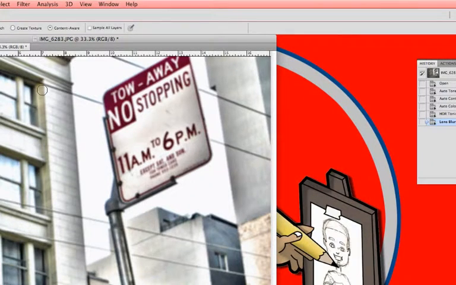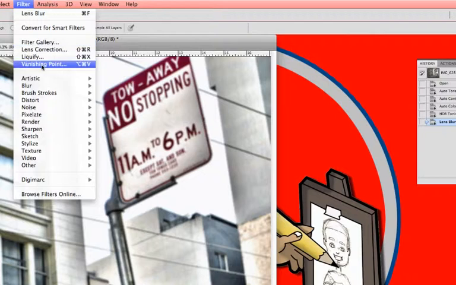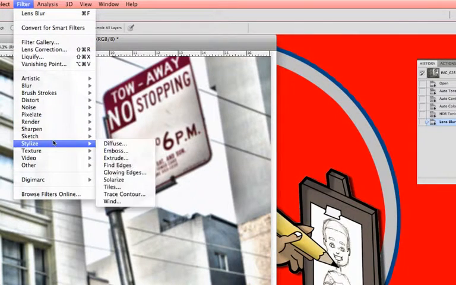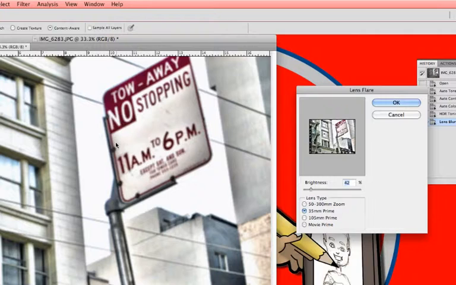Now for the last part, what I did in order to get that little bit of a sun feel to it is I went up to filter, and I went to render, and I went to lens flare, and then all I did for it, I used the 35 prime, and I just simply plopped it right up here inside of the little thumbnail. You can move where you want the lens flare to be at, and then I cranked this one up to about 99. Clicked OK,